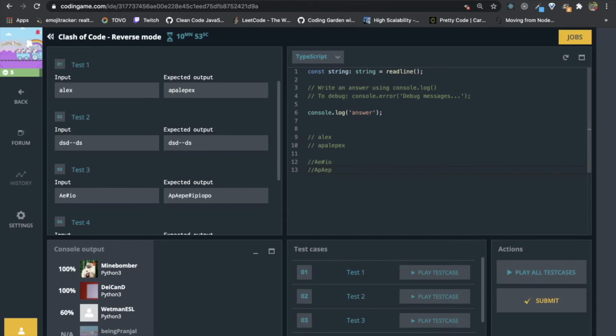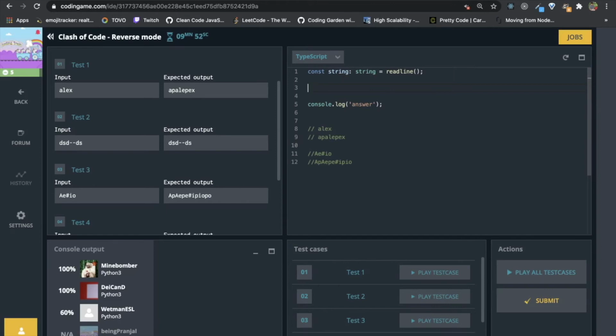I guess I somehow know the pattern. Let's try to code it and I will explain. I'm not too sure on it, but let's see.